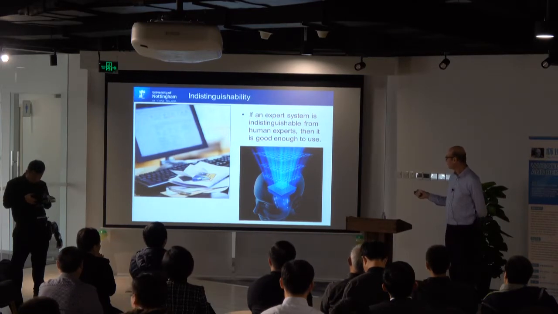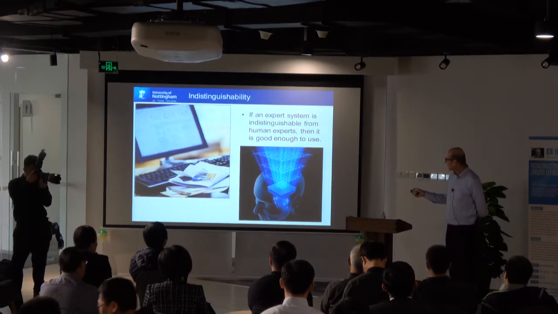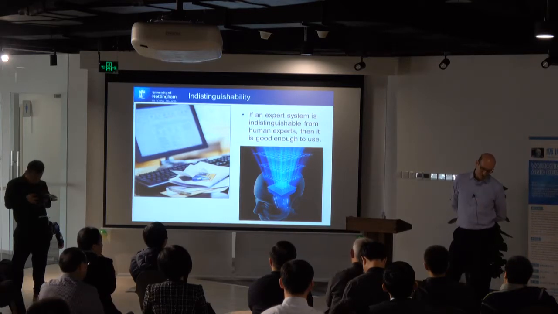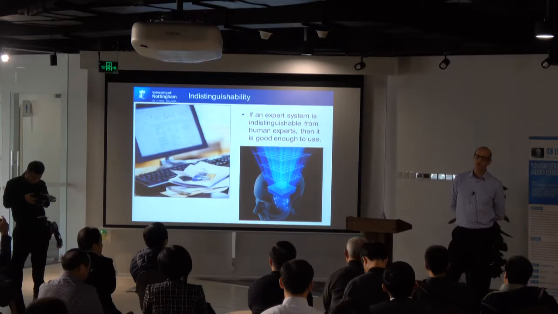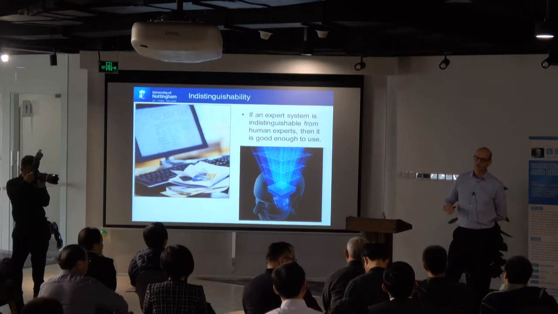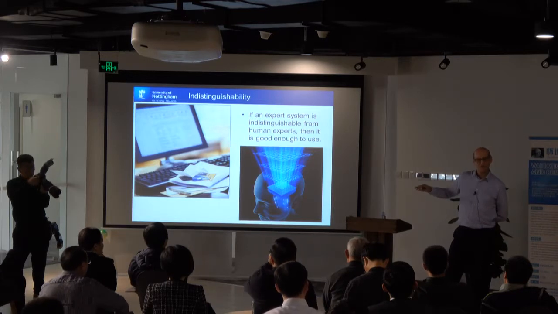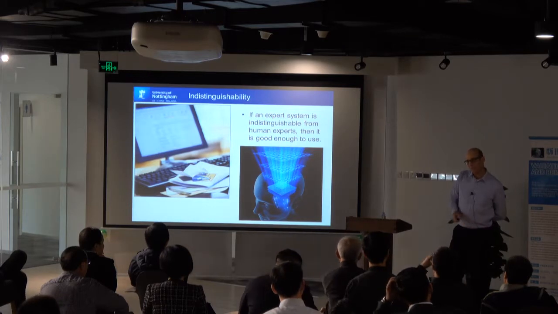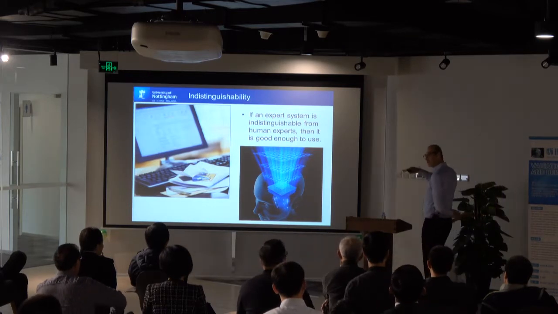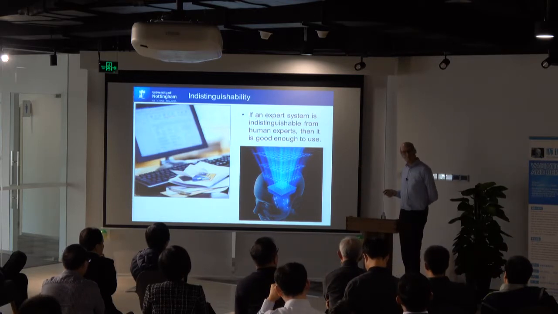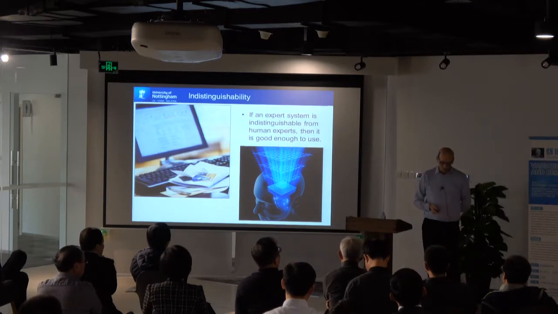And I think it's important that we're talking about a human expert. I mean, again, we've just had this discussion. I think the human expert is defined as good human performance, or high-level human performance. So I'm not advocating testing it against poor human performance. It's got to be like the best humans, or the best humans in a specific area. But if your computer system is as good as the best humans in an area, then it's going to be good enough to use.